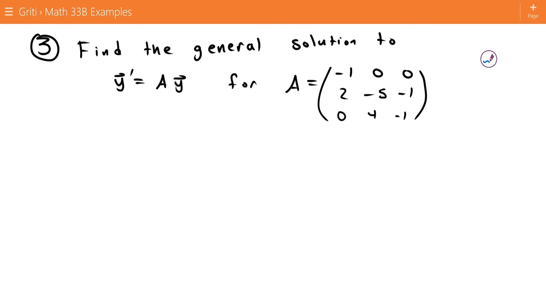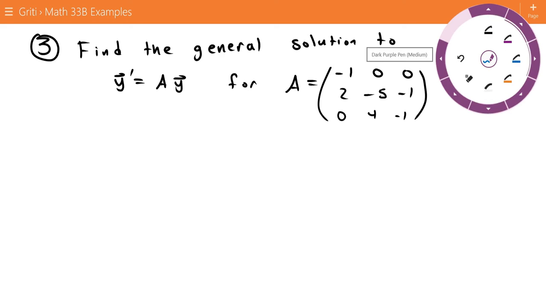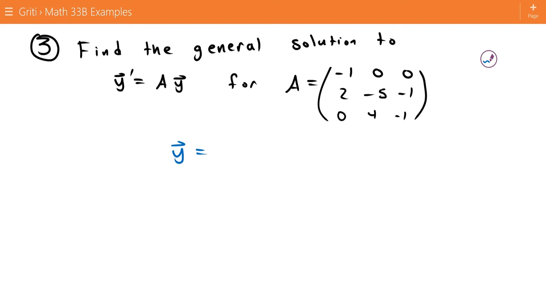For number 3, we're going to apply what we learned about matrix exponentials to find the general solution to y prime equals Ay, for A equals negative 1, 0, 0, 2, negative 5, negative 1, and 0, 4, negative 1. So we know our solutions will take the form e to the tA times v,